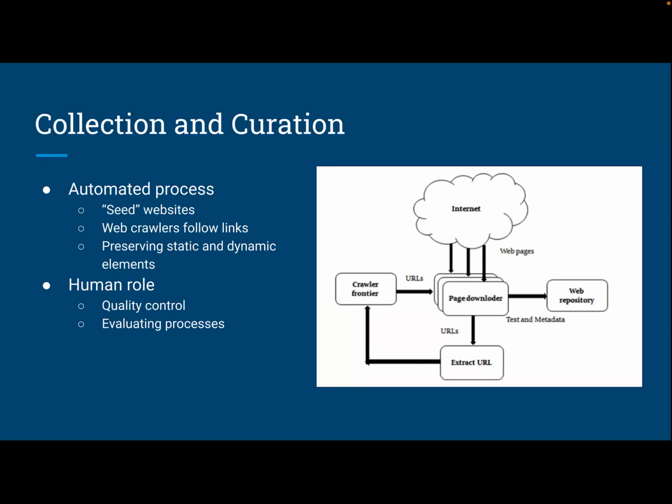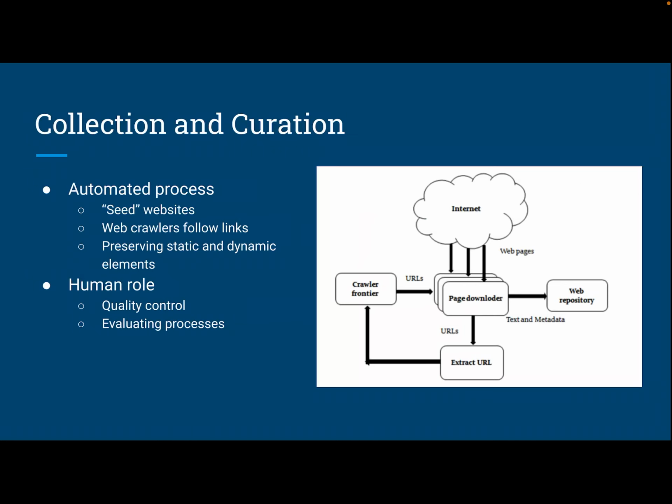Then, although there are these automated processes, there is, of course, a human element to curation. Humans have to conduct quality control to make sure programs capture the content that you want to capture. And then people have to evaluate the processes. And that's an ongoing job to make sure everything is as efficient as possible and that you're staying within the scope